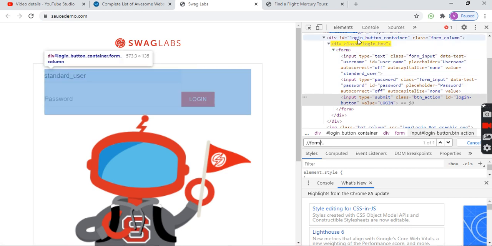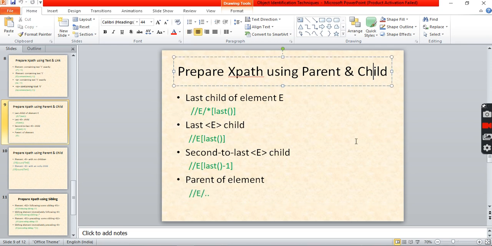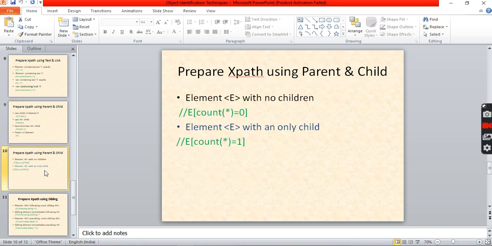Then it is indicating this parent. So what is it indicating? With the help of the element, you can identify your parent. Okay, everything I already explained in the previous video, just to go through that. Elements can be identified with the help of this parent and child relationship. Okay, let's go for the next technique.